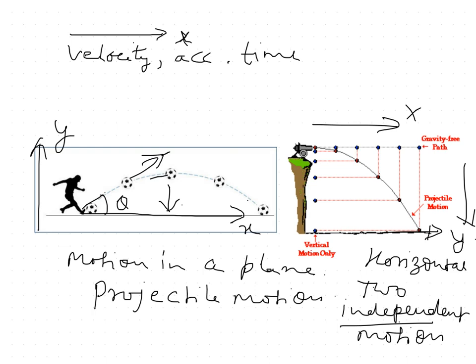We see many examples of this type of motion in our daily life, such as an object thrown at an angle theta with the horizontal, which then falls like this, or a bullet fired from a gun, which also falls like this, a bomb released from an aeroplane, or a javelin thrown. These are some examples of projectile motion, and we will study the terms related to this motion in detail in this lesson.